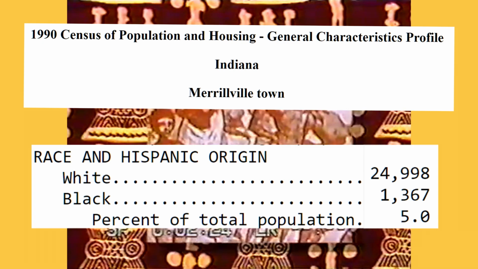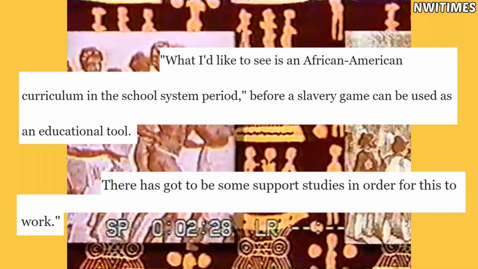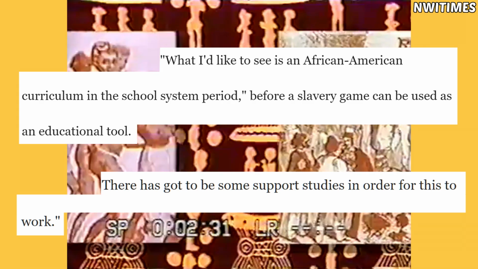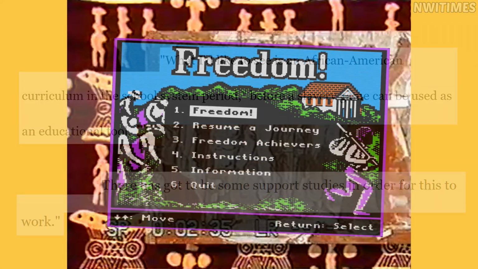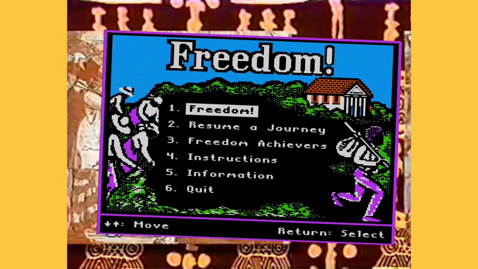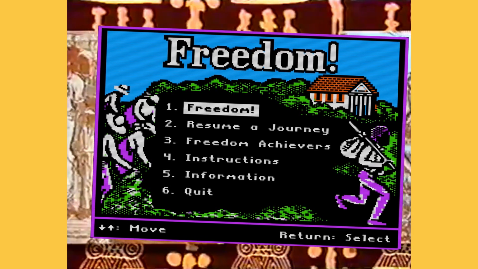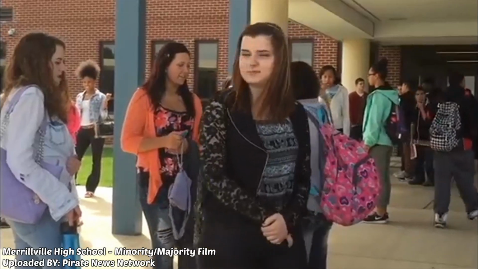The true concern was how schools in the mostly white city of Maryville had a sheer lack of courses or any curriculum focused on slavery or just African American history at large. And the presence of Freedom, which may have actually been one of the only sources of that at the time, just amplified the issue. Like, Freedom just ain't the story of Mech, it's the story of Maryville too.